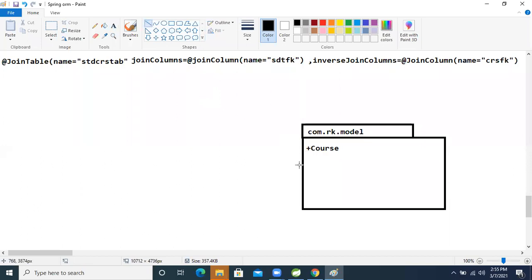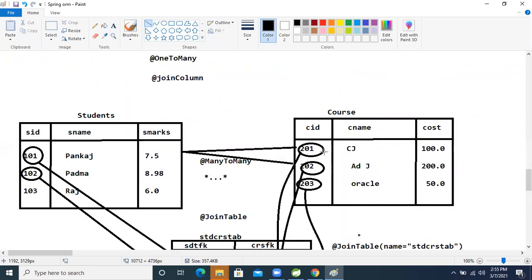Inside that, how many fields, meaning how many attributes, are there? Come here in the table. How many fields are there? CID, CNAME, and CCost.